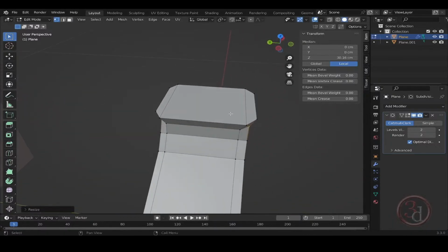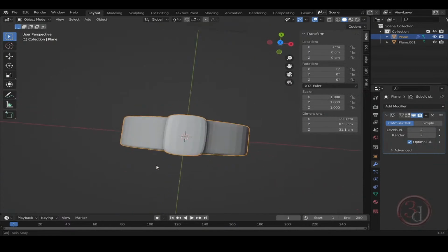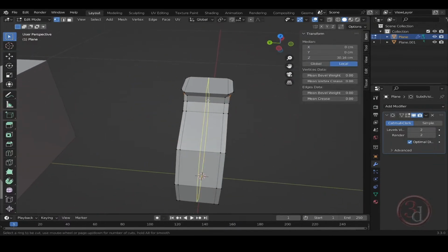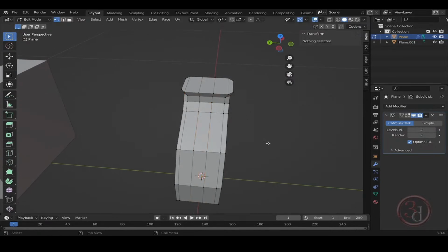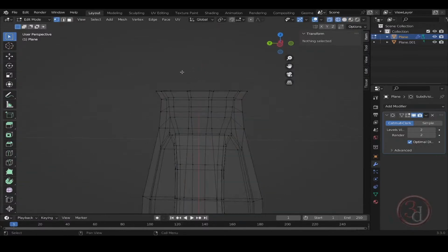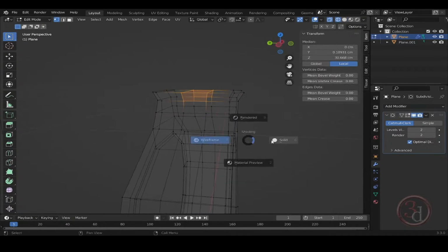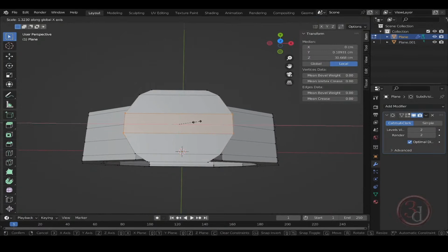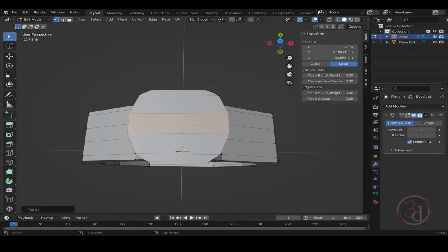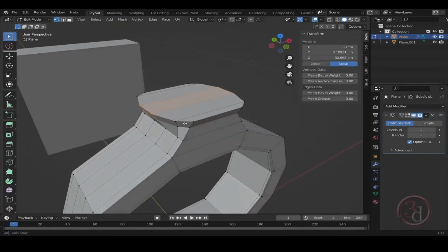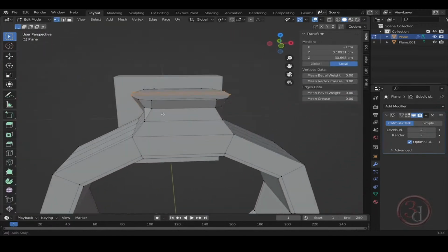All right, and now we need to add one more edge loop in the center, or maybe two. Okay, and right click, and now in the wireframe mode, let me select these vertices. Okay, and then scale it outwards just to get a little bit of a rounded shape. And then let's bring this